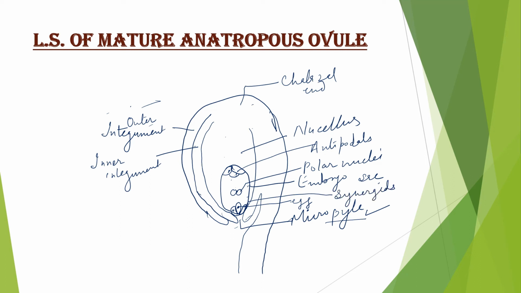तो एग और सिनर्जिड्स दोनों मिला के बनाते हैं एग एपरेटस। तो एग एपरेटस ये है फीमेल गैमीट। ओके, ये जो सेंटर में दो पोलर न्यूक्लियस हैं, दो न्यूक्लियाई हैं, ये बाद में मिलके एक न्यूक्लियस बना लेंगे विच इज कॉल्ड दी सेकेंडरी न्यूक्लियस। वो हम बाद में पढ़ेंगे कि उसका क्या रोल है सेकेंडरी न्यूक्लियस। तो कई बुक्स में अगर एक ही दिखाया हो, यहाँ सेंटर में एक सेल दिखाया हो, तो दैट विल बी डिप्लॉयड विच इज ए सेकेंडरी न्यूक्लियस। तो अभी दो पोलर न्यूक्लियाई दिखाए, दोनों हैप्लॉयड।